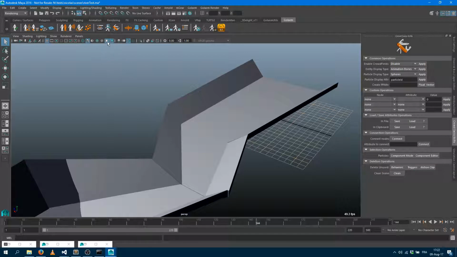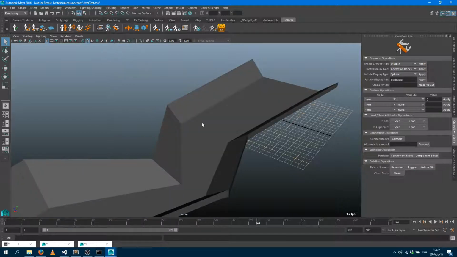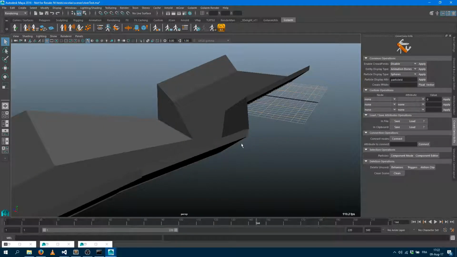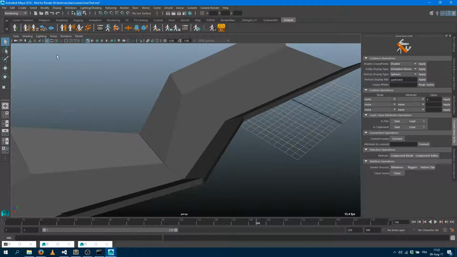I can also remove all the lighting options just to be more interactive within the viewport and start fresh. So whenever I want to start a new Golem simulation, usually the first thing I like to do is to create